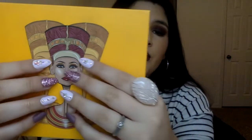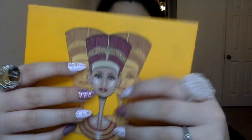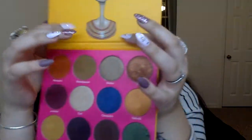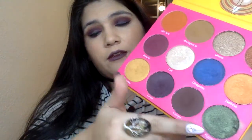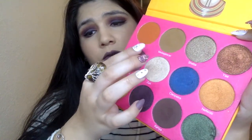And it's bright yellow, and it still has the same Nefertiti on it. But as you can see, it's a different size. And inside, it's very rich with colors. It has different names of countries, I believe in Africa, along with a couple names like Cleopatra, Nefertiti, that's the Egypt, Madagascar, Morocco,